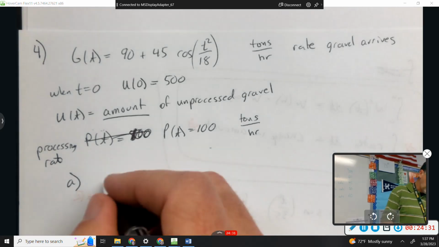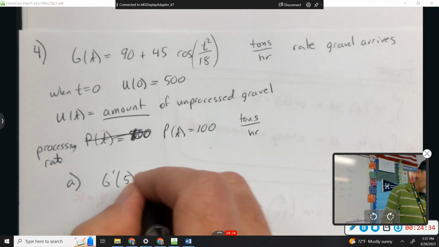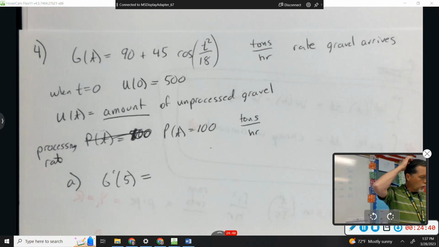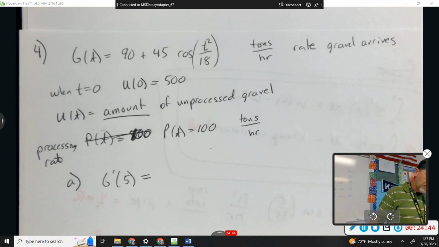Find G prime at 5. Okay, well that's a gimme point right there with the calculator. I can do that. Using correct units, interpret your answer in the context of the problem. Well, I don't know about that part yet, but